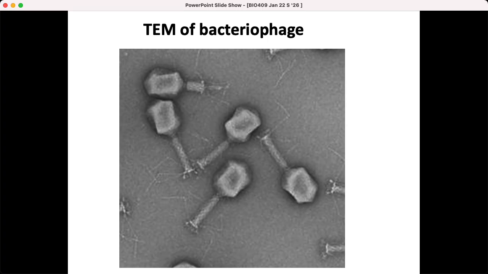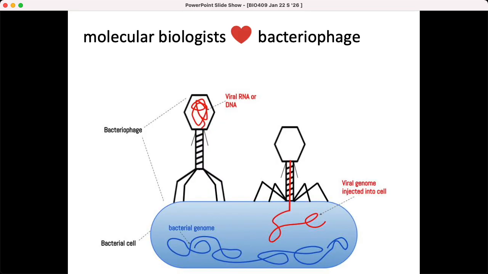So bacteriophages are viruses that only infect bacteria, and this is where molecular biologists got their start. Before Watson and Crick discovered the structure of DNA, in the 1940s, the first molecular biologists established that it was DNA that was the heritable molecule, and they did it using this virus. The virus has a really simple organization. The black is proteins, the red is the DNA. This is the bacteria, and it's going to bind, and it does look like a little spaceship and operates mechanically like a little spaceship, and you can see that under a TEM.